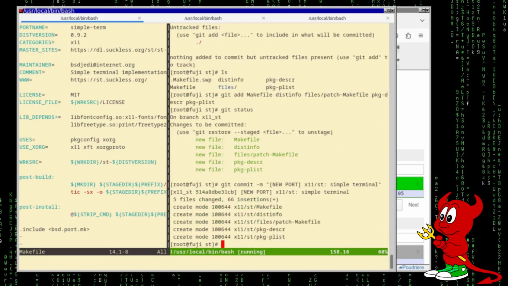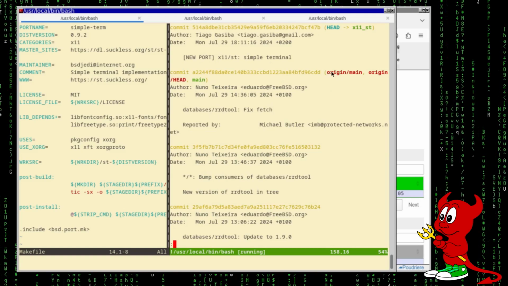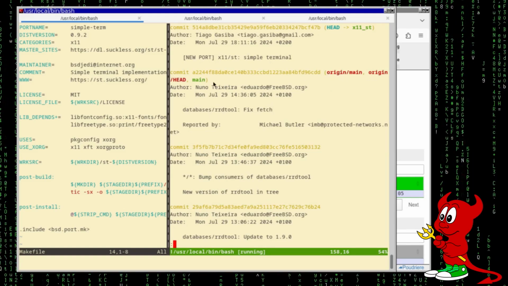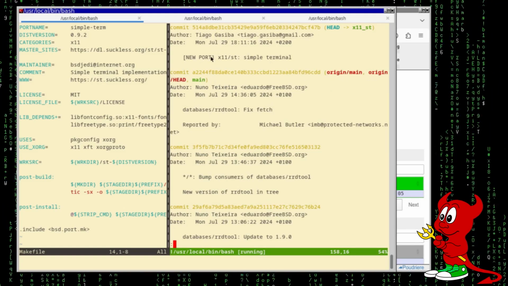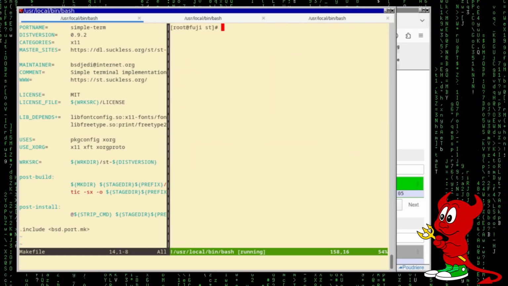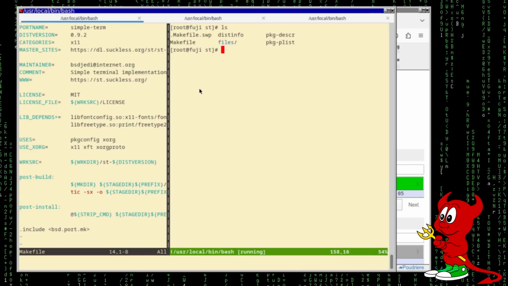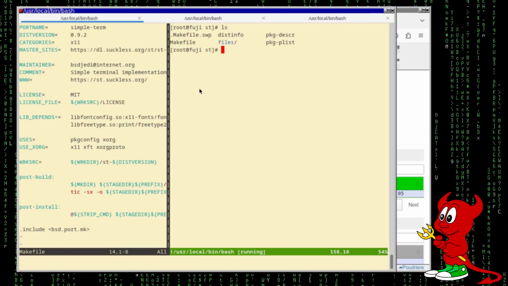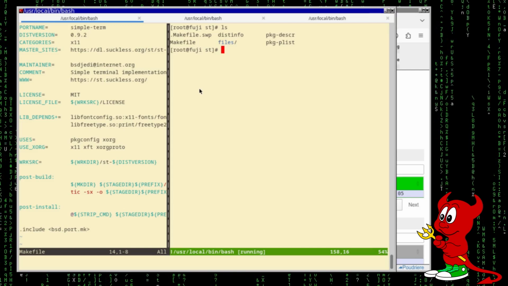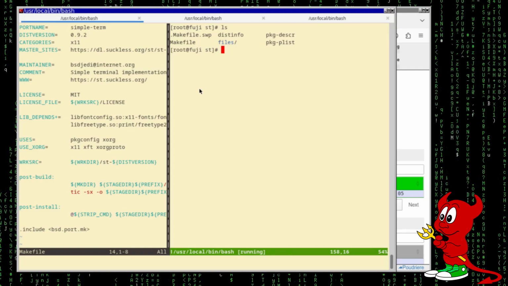Okay, git log. Okay, so this is the main, and we have the new port which is sitting on top of the latest one. And now we would like to submit this to the ports tree. Actually, we did some changes. Of course, we should test out these things. So